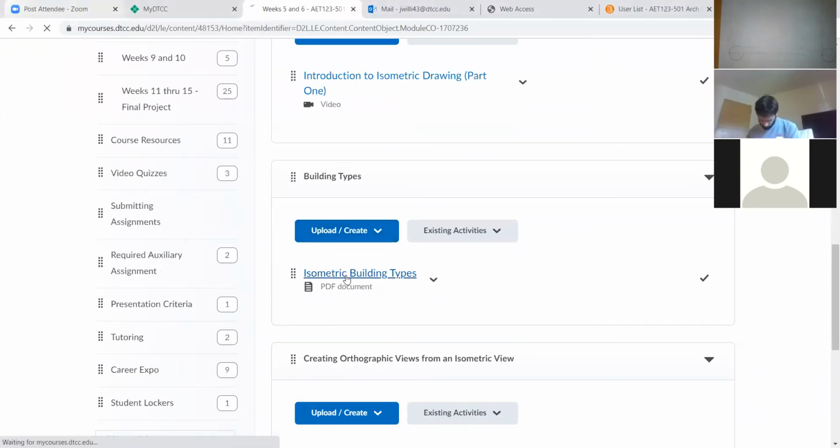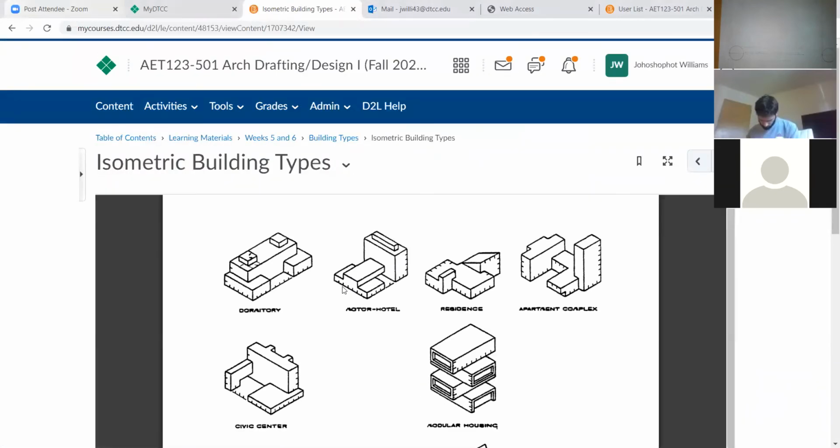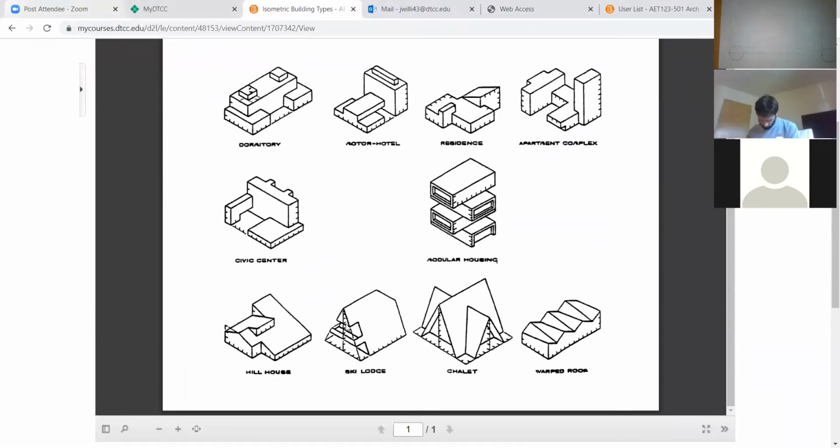Isometric building type is where I want to be. So which one have you chosen? The second row, the one on the left. Okay, what's the name of it? Oh, it's Civic Center. Okay, good. All right. Now,